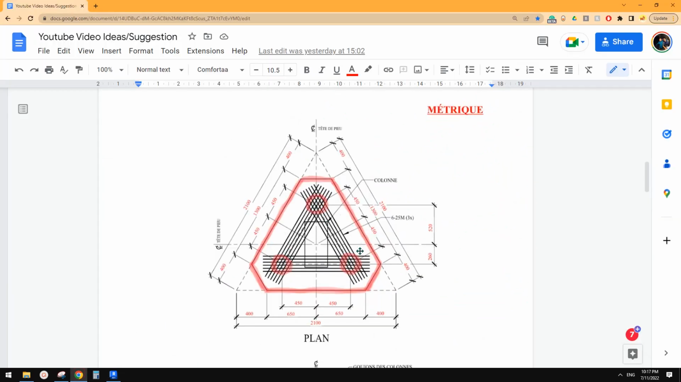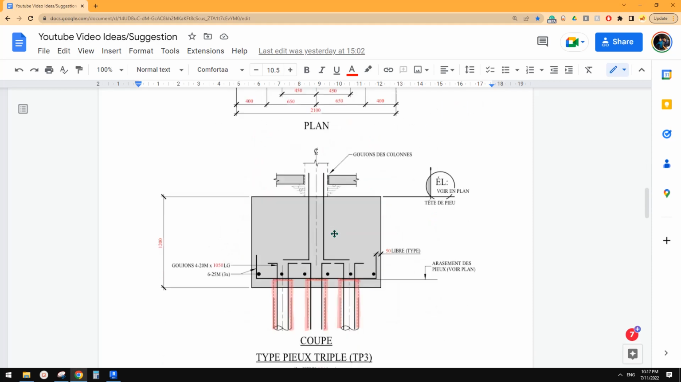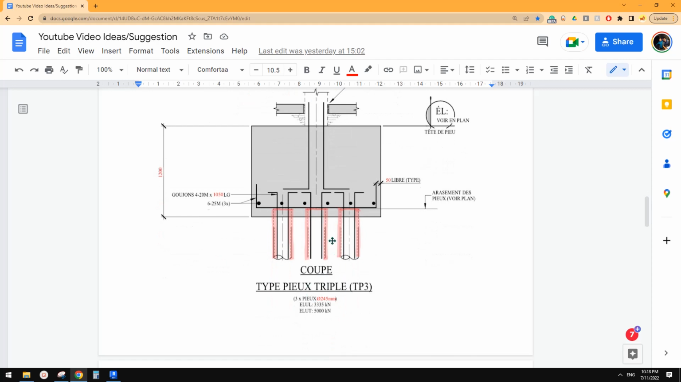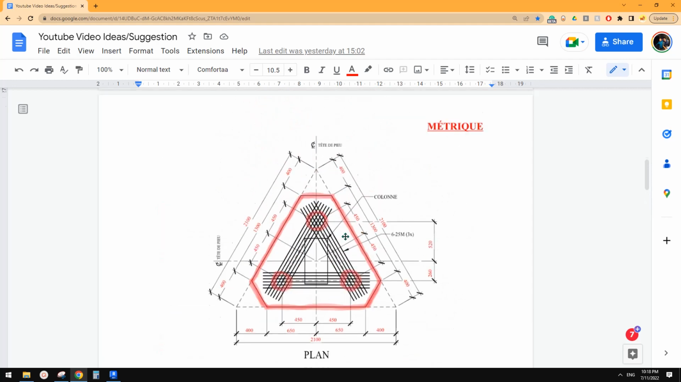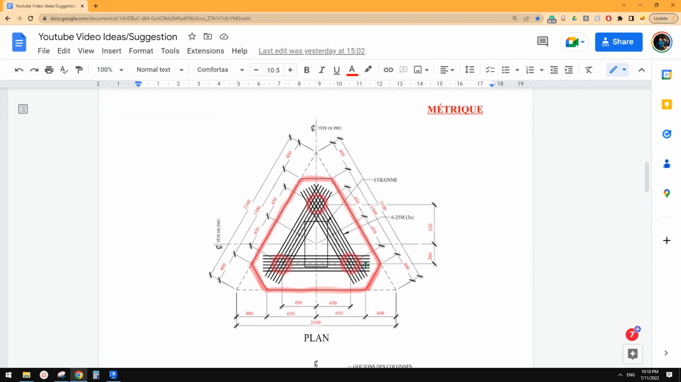Then let's have a look at this one. So we need the location of these columns, or not columns, piers. Yep. Okay, so let's do it. So how can we do it? We have this one at a location,